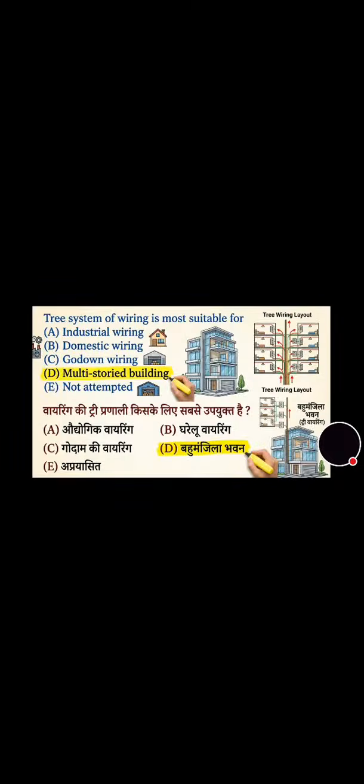नेक्स्ट क्वेश्चन जो है क्वेश्चन नंबर 4, व्हिच सिस्टम ऑफ वायरिंग इज द मोस्ट स्टेबल फॉर इंडस्ट्रियल वायरिंग, डोमेस्टिक वायरिंग, गोडाउन वायरिंग और मल्टी स्टोरेड बिल्डिंग। इसका आंसर है ऑप्शन डी, मल्टी स्टोरेड बिल्डिंग। नाउ नेक्स्ट क्वेश्चन, द इक्विपमेंट कनेक्टेड बिटवीन द कंडक्टर एंड ग्राउंड टू